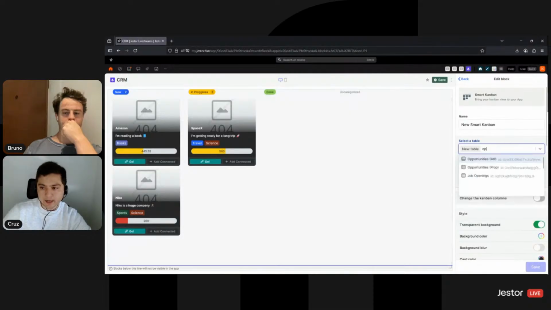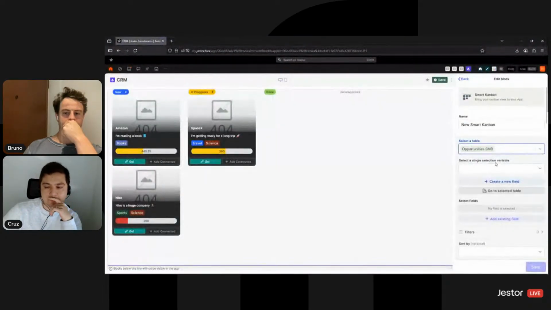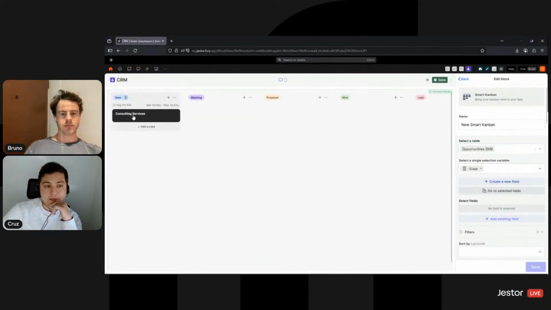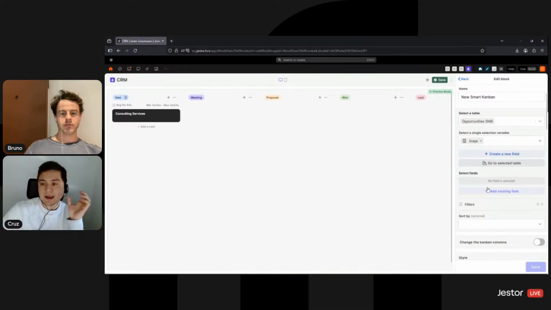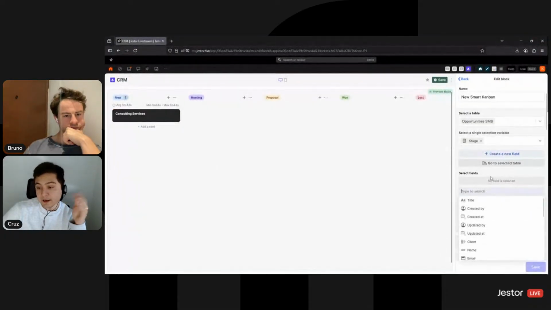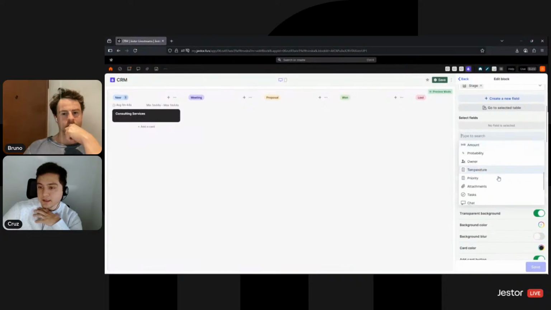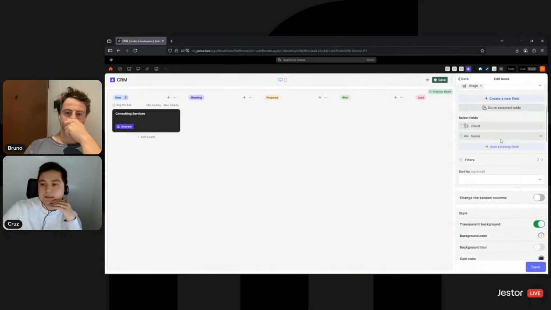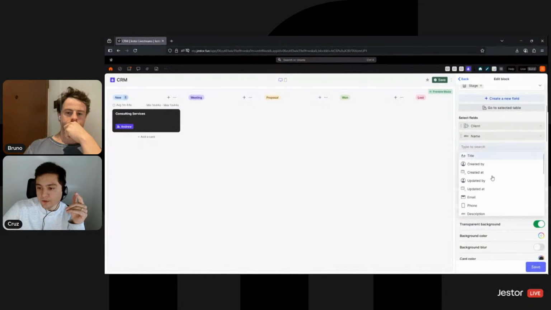And I'm going to look at the opportunities SMB table with the stage field as my stage field. So you can see that I have here that card, that opportunity that I've just created, right? So now I have to select the fields that are going to appear in the cover of this card here on the front facing part of the opportunity. So I'm going to say that I want to see, for example, the client, if it's a previously registered client, or the name of the client if it's a new lead. I'm also going to show the amount,